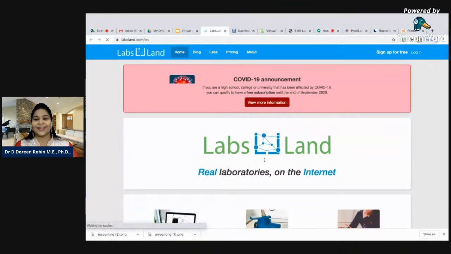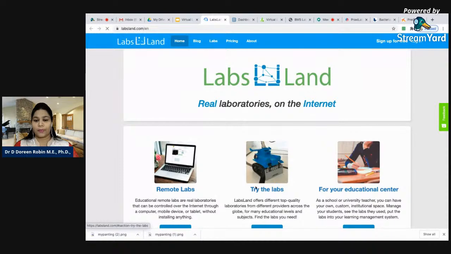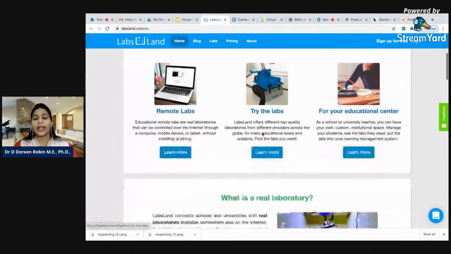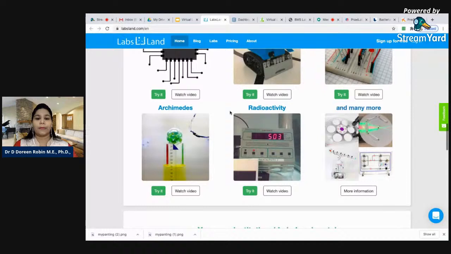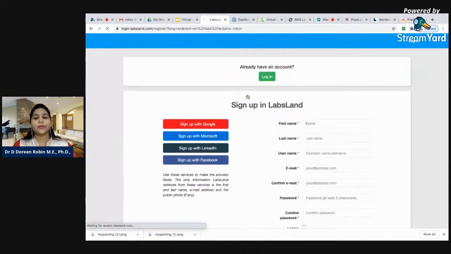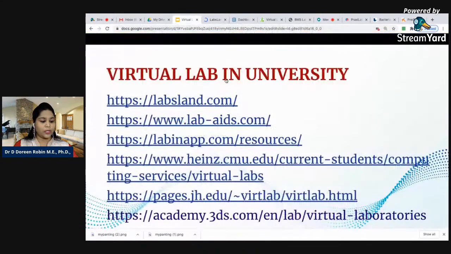Okay, so they use real laboratories, remote laboratories. You can also try the labs and see how they are working. Like FPGA labs, the Arduino, okay, the robotic labs, the electronics lab, Archimedes principles. Okay, so this is used in the universities. You need to just register upon it. If you find it better, then the next app is